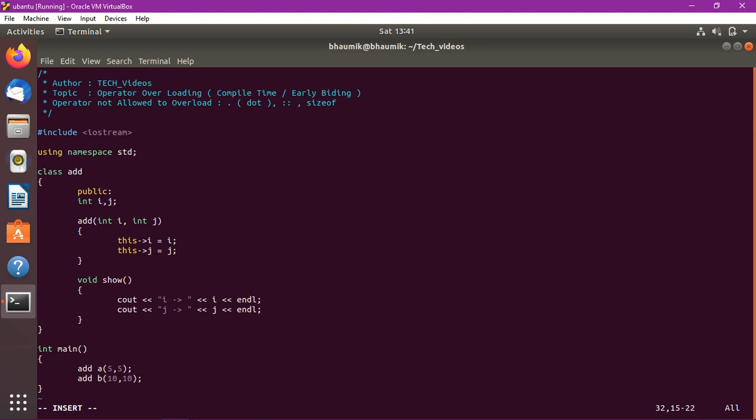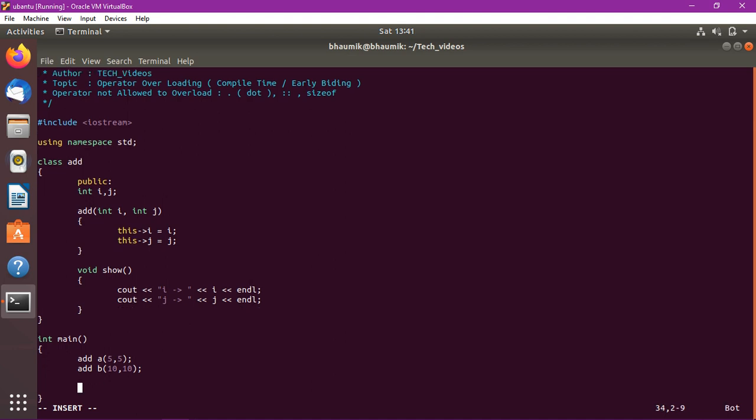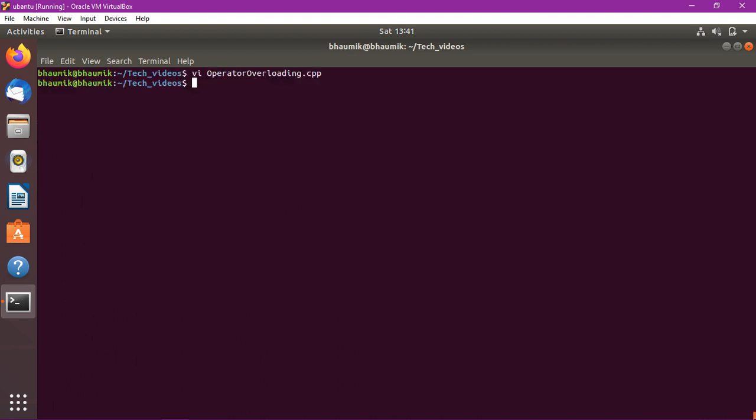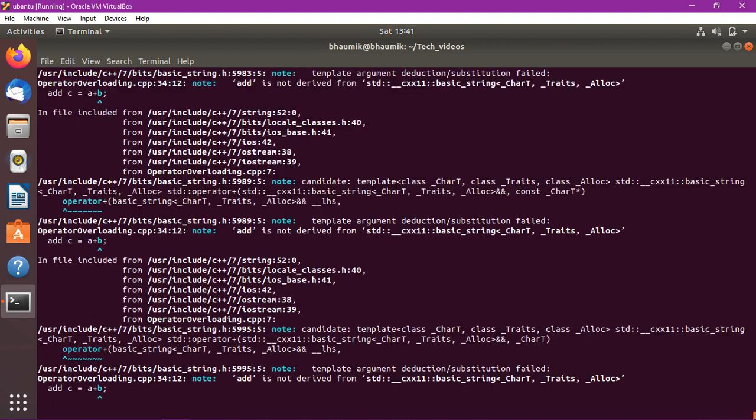If you compile the code now, it will work fine, no problem. But if you make another object c, and in that object you add objects a and b, will this work or not? This will not work.